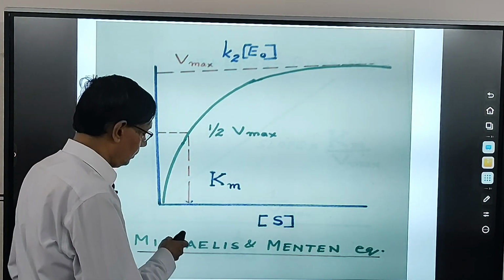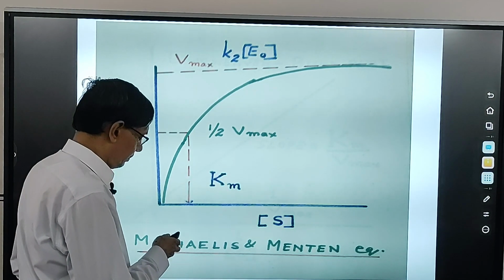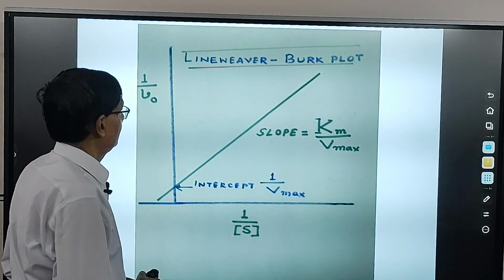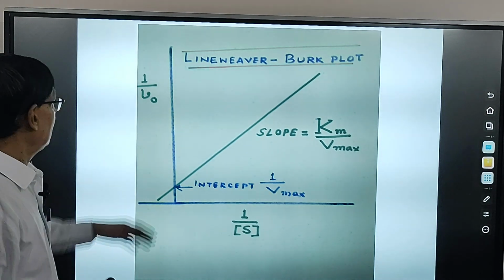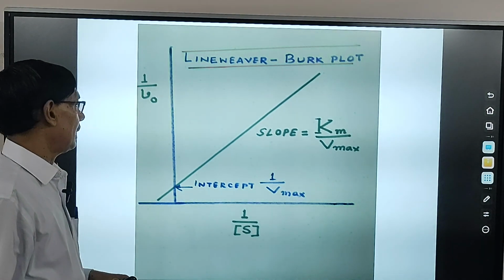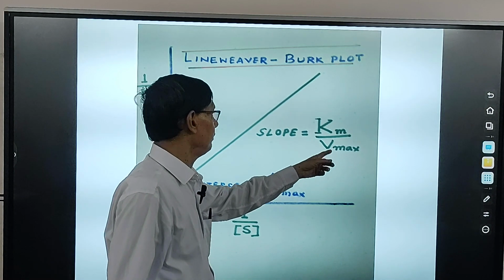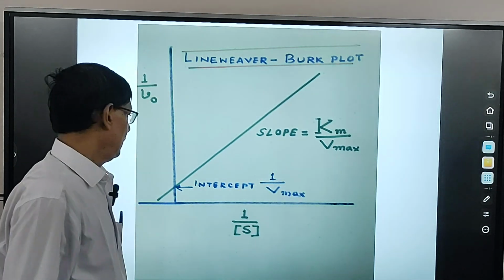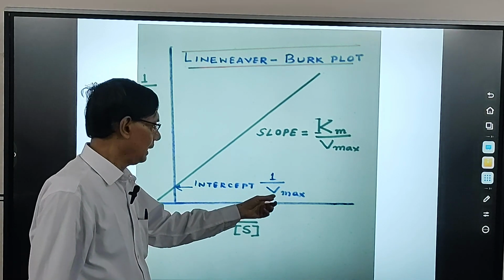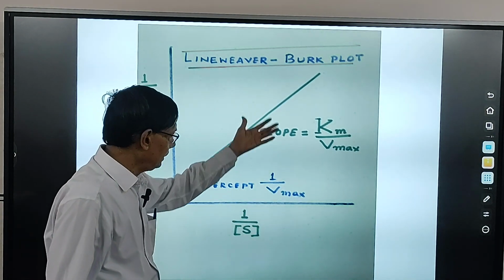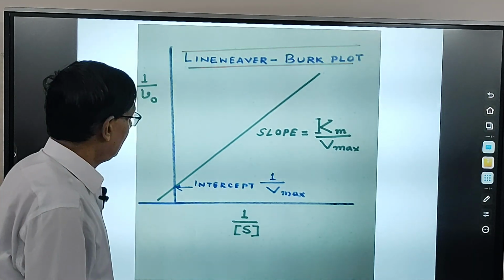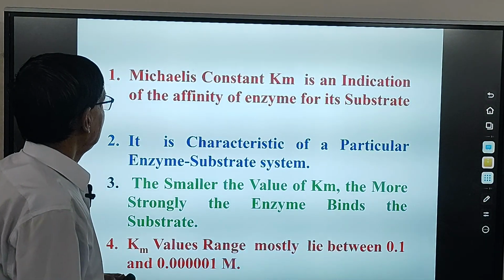So this is normal case. Now see, same thing, 1 by, this is Lineweaver-Burk plot, so slope is equal to Km and V max, same thing, K2 E0 like that, and intercept is 1 by K2 E0. So if I divide slope divided by intercept, we will get this value. Now actually,